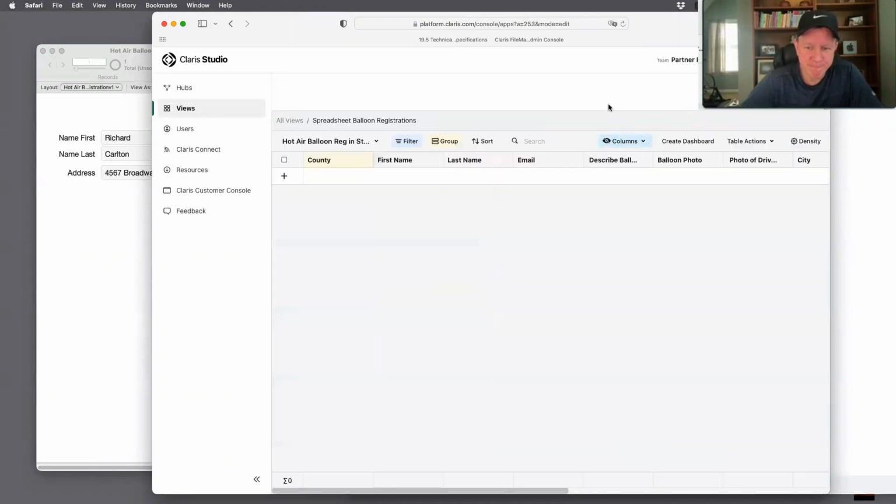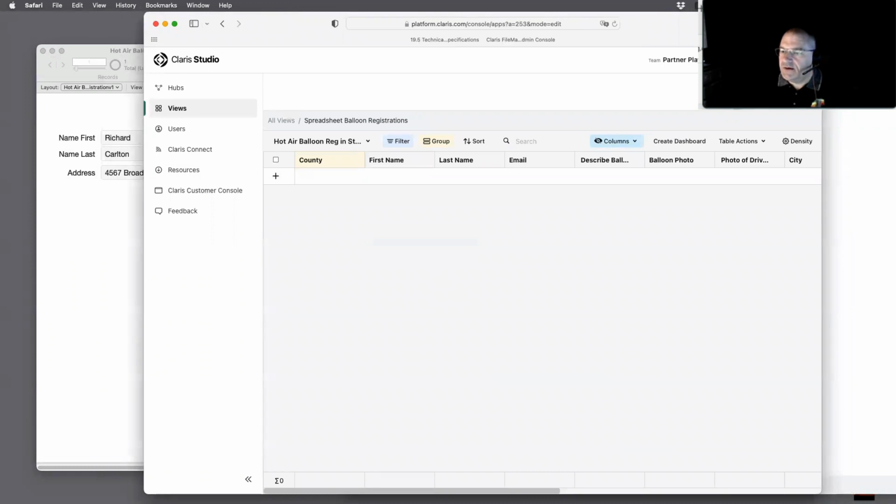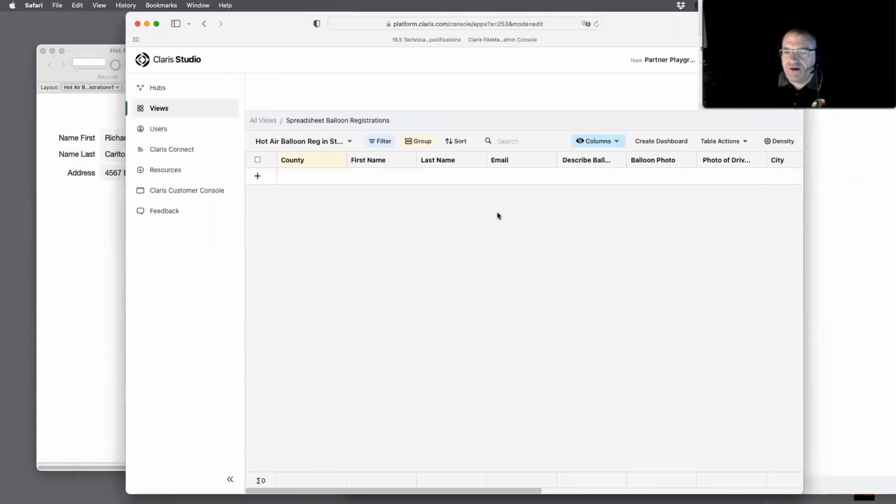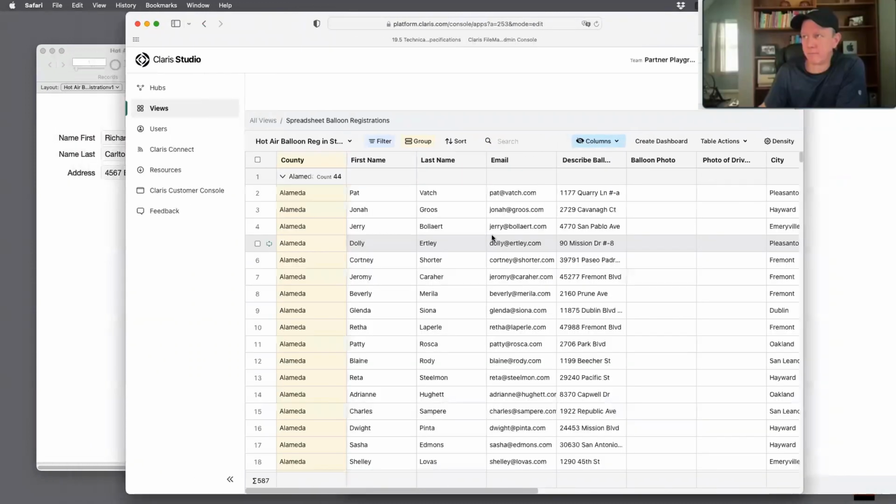Yeah. So let me pop over here. Is this going to load? This has the spreadsheet balloon. Right, there it goes. Okay, so